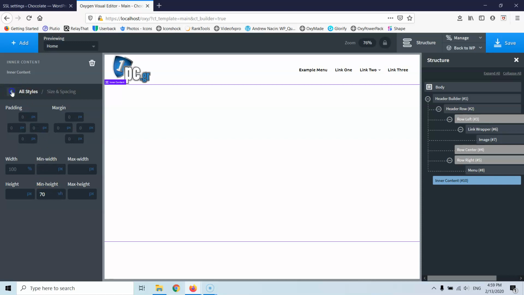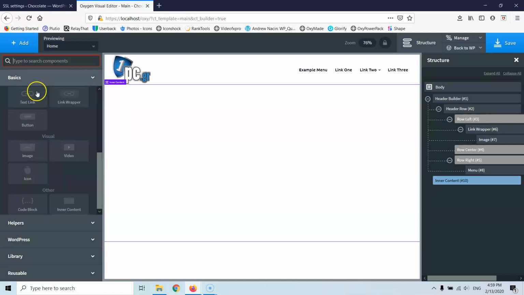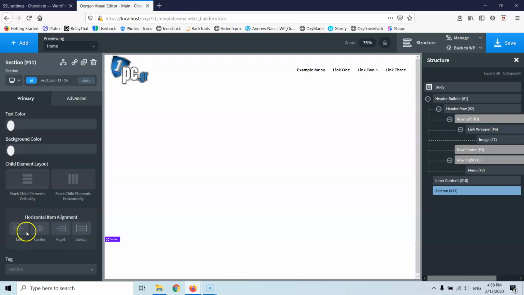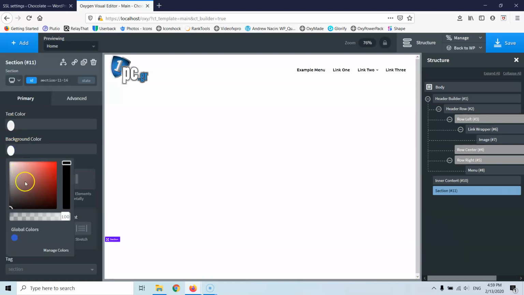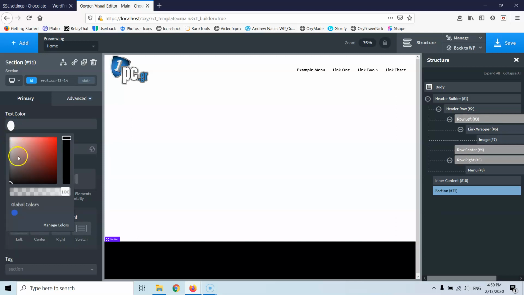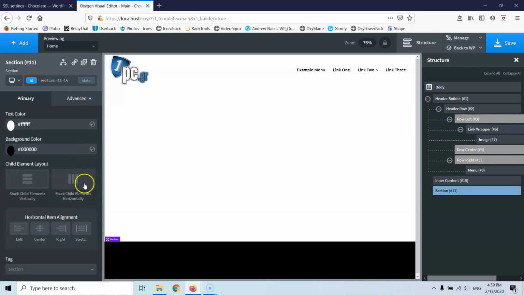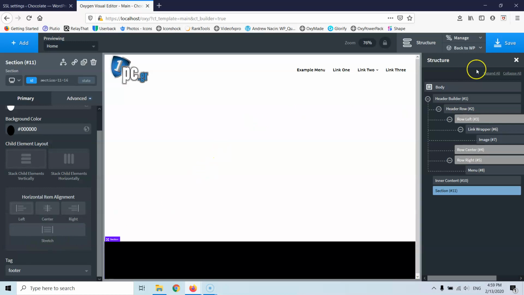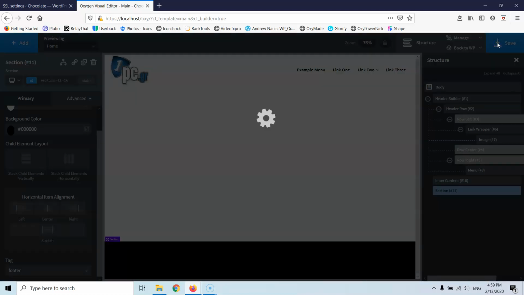And let's go now for the footer. So I'm going to add a section, and I know that the footer will be black, the text color will be white. I think it will be black. Okay, and let's go for the tag and let's select footer. Okay, save that,